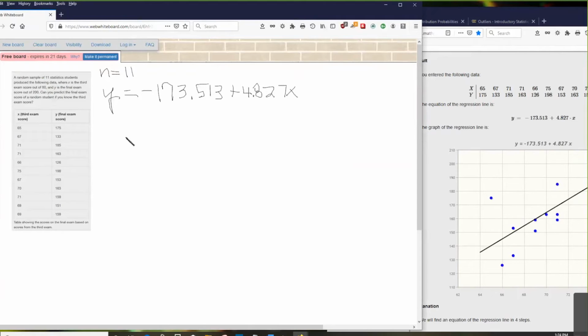So the equation for the best fit line is y, and this is actually y hat, equals a plus bx,